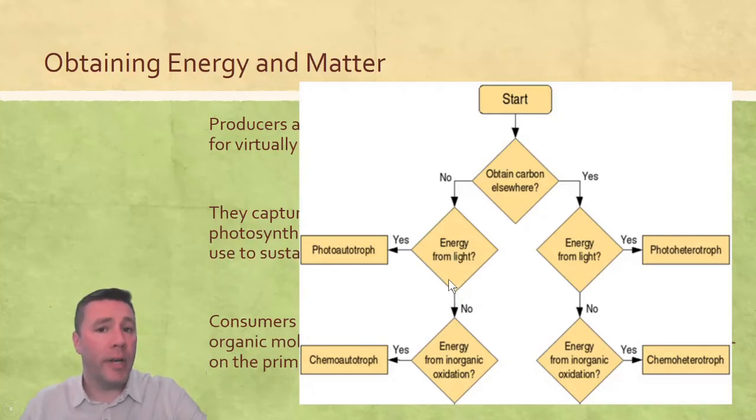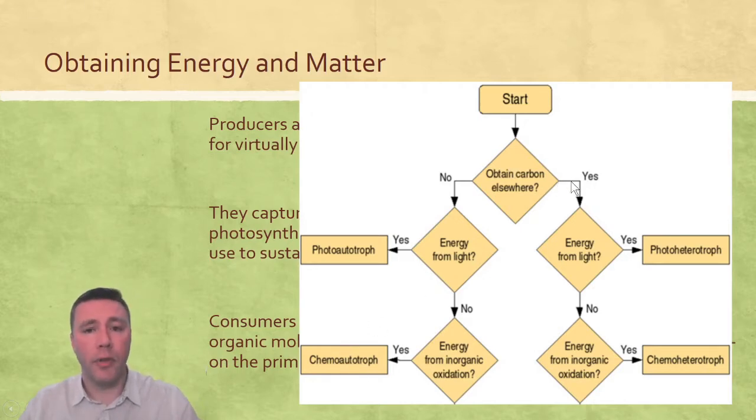As we travel down this path, we now know that organisms are utilizing carbon dioxide, but where are they getting their energy from? If the organism gets its energy from light and its carbon from carbon dioxide, then we'd describe that organism as a photoautotroph. These are where plants would live. If, on the other hand, organisms can obtain their energy from inorganic oxidation reactions, then we would call that thing a chemoautotroph. And the kinds of organisms we find living in this group are those bacteria that occupy deep sea vents and other extreme habitats.